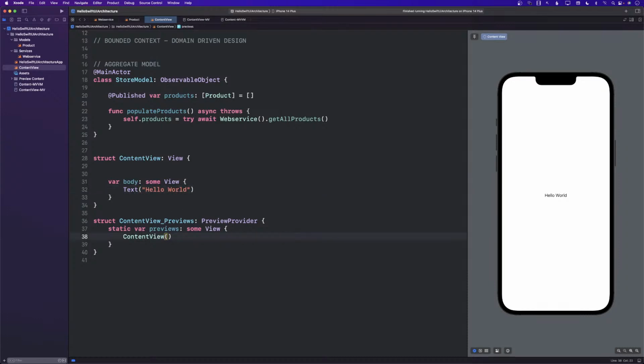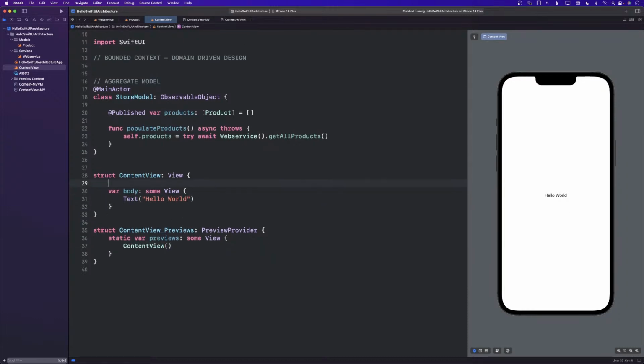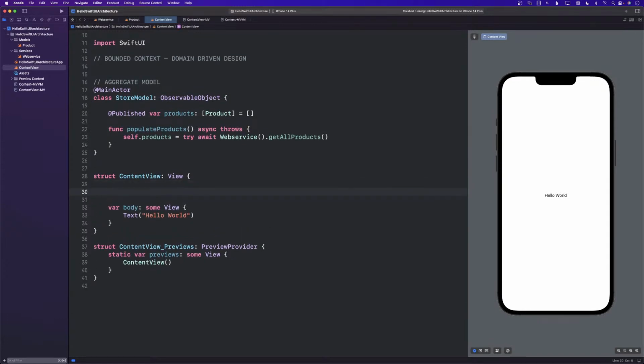If this is the only view where you will display the data, the list of products, then another thing that you can do is not use anything but directly call the web service.